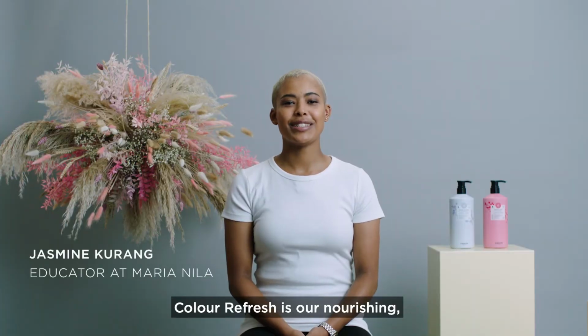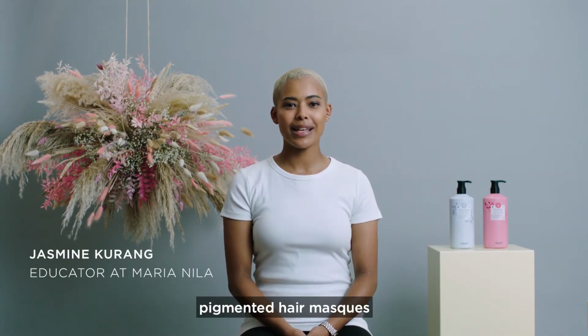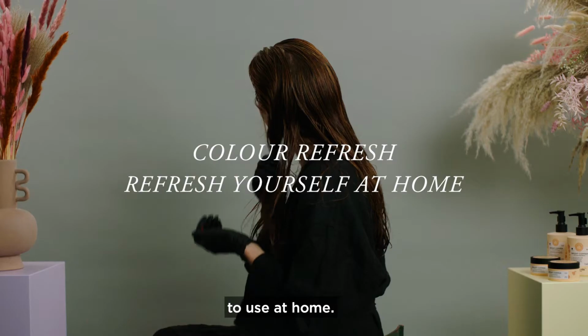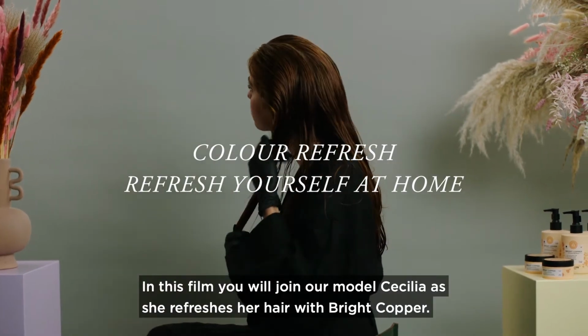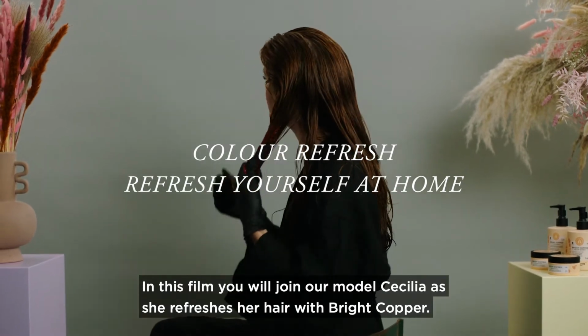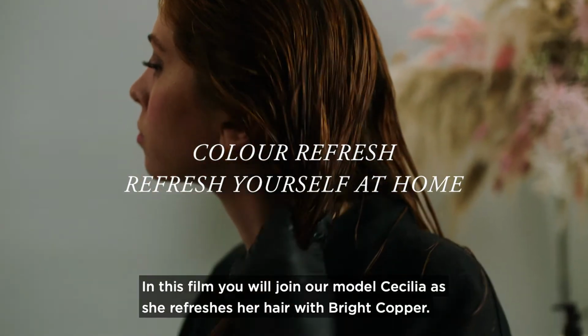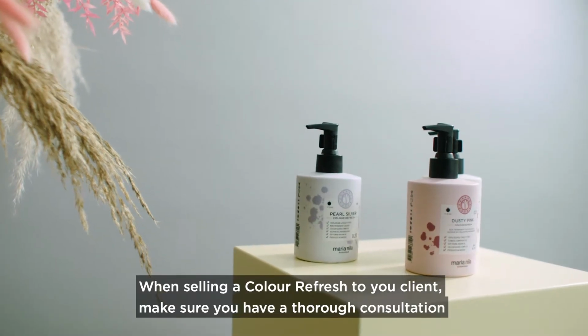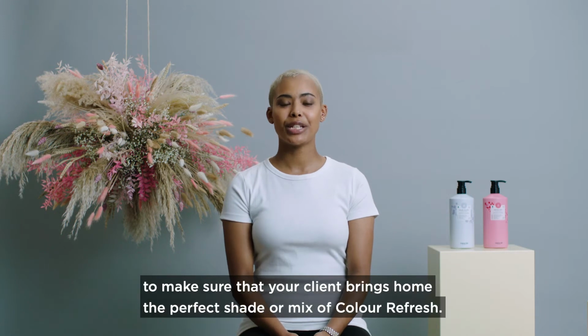Color Refresh is our nourishing pigmented hair masks that is super easy for the clients to use at home. In this film, you will join our model Cecilia as she refreshes her hair with bright copper. When selling a color refresh to your client, make sure you have a thorough consultation to make sure that your